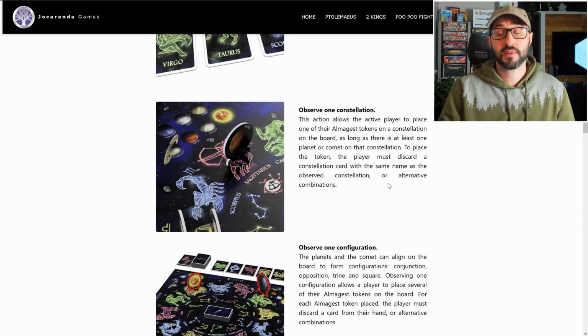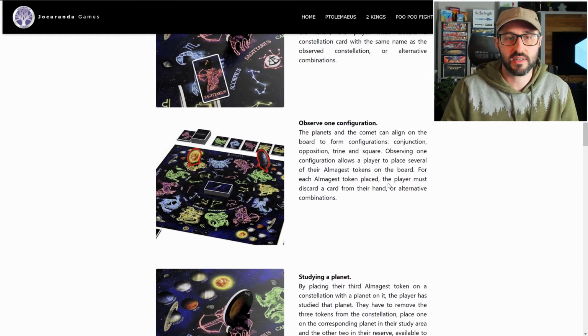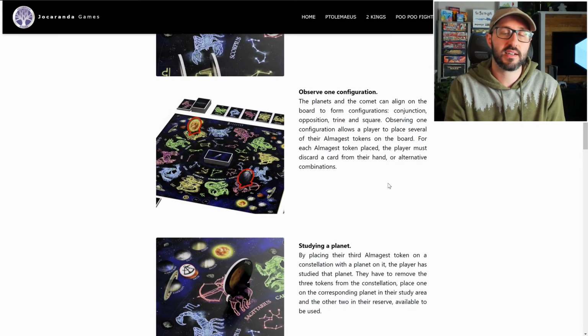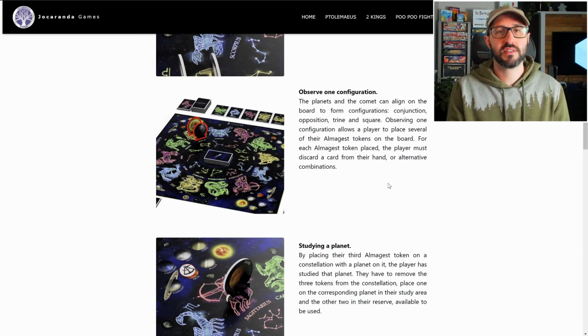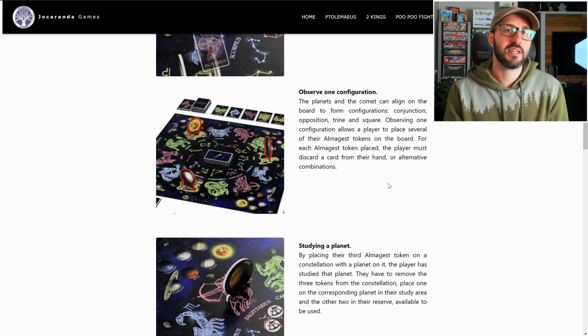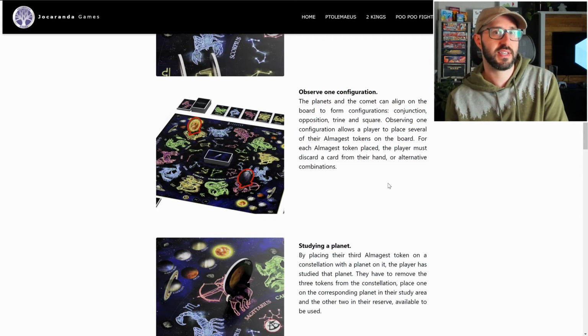This means that you're probably going to want to get as many of these on the board as possible, which brings us to our third action, and this allows you to observe 1 configuration. So the planets and comets can align in different ways, and observing these different configurations and having the right cards in your hand will allow you to play multiple of those constellation cards, enabling you to put down multiple tokens